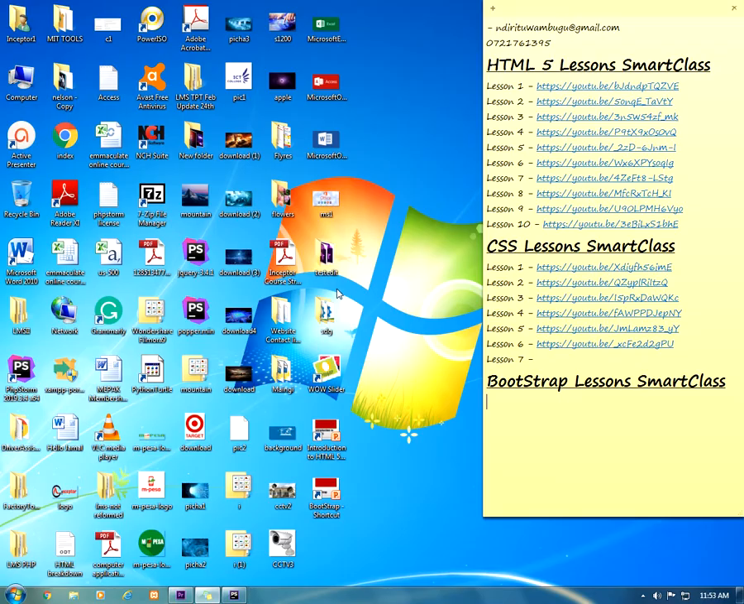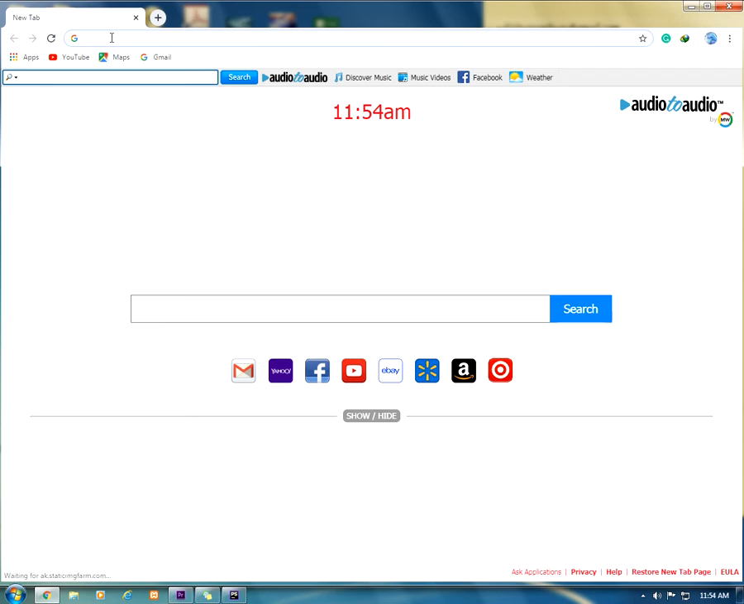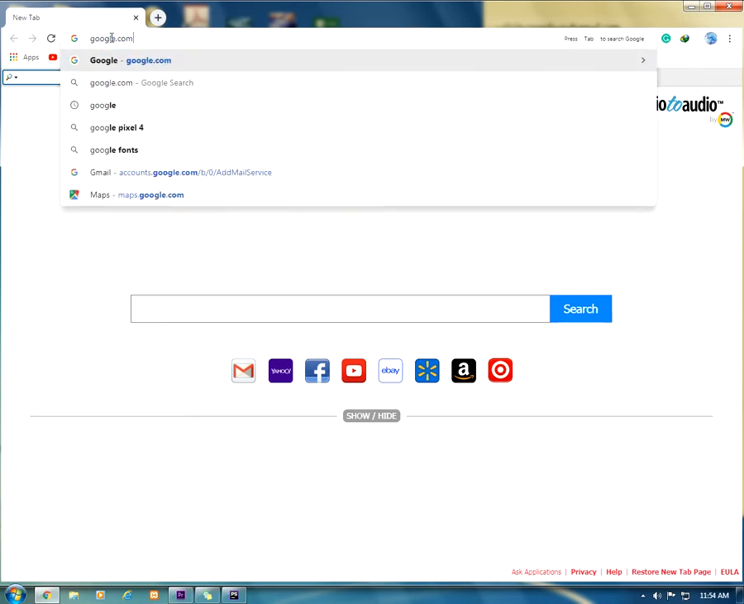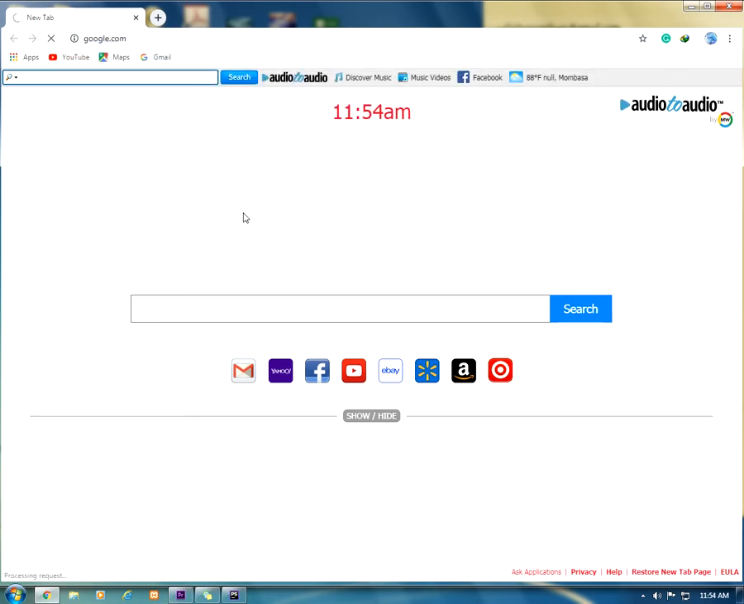So let's now look at downloading and installing Bootstrap. The first thing that you're going to do, we will open our browser. Once you have opened your browser, we'll open Google. We'll go to the Google page. So I'll type google.com. So in this Google page,